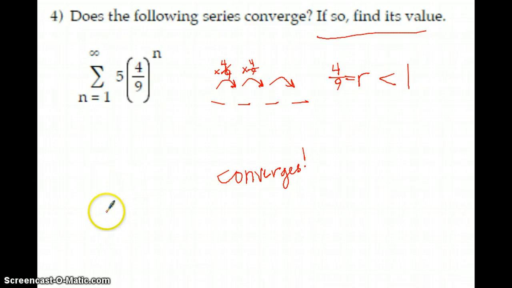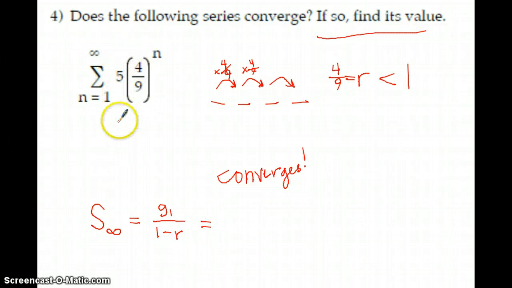Okay, and since it converges, I can find the sum of the infinite series. That's the easiest formula we have, remember? G sub 1 over 1 minus r. Well, what's G sub 1? That's what happens when n is 1. If n is 1, all I have here is 5 times 4/9, which is not hard, but it's not really pretty either. 20/9